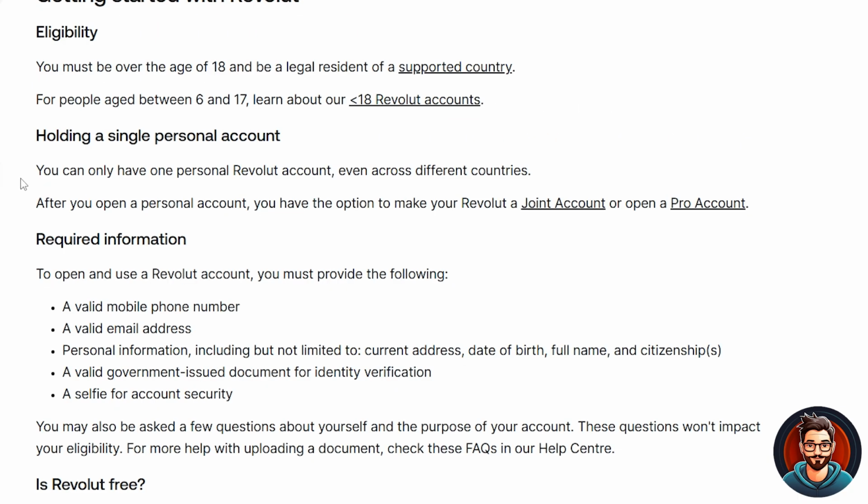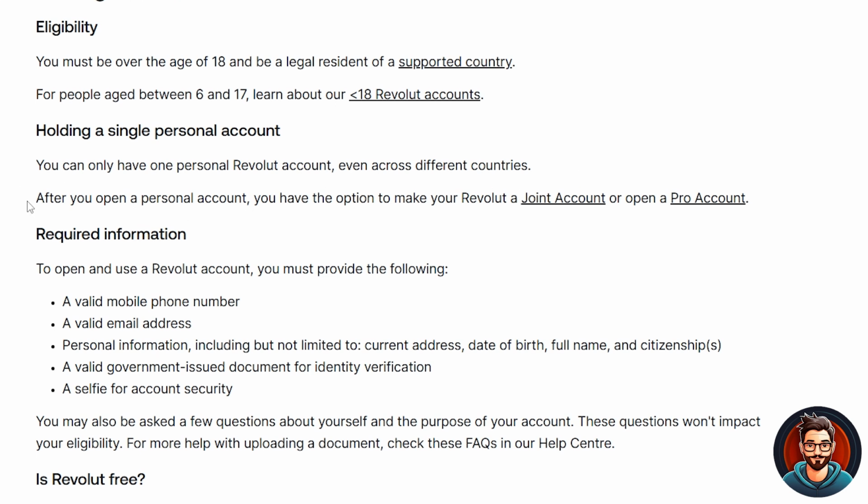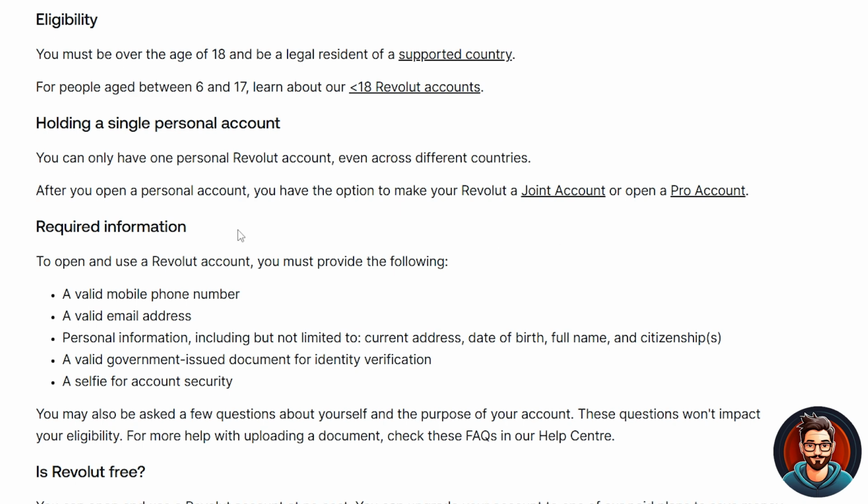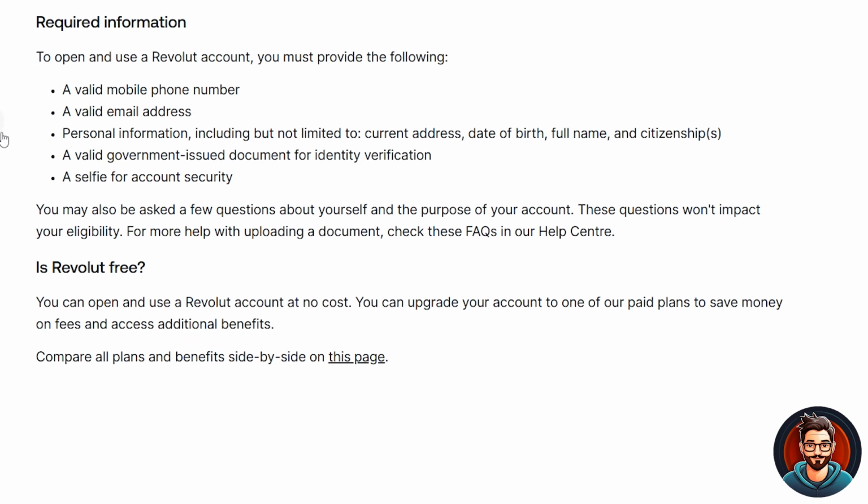Go back. You can only have one personal Revolut account, even across different countries. After you open a personal account, you have the option to make your Revolut a joint account or open a pro account. Required information. To open and use a Revolut account, you must provide the following: a valid mobile phone